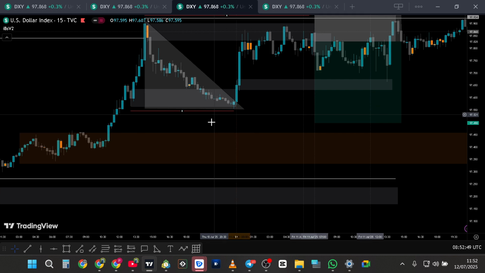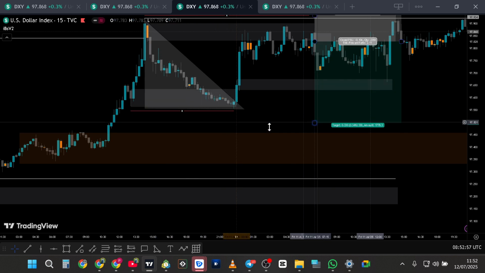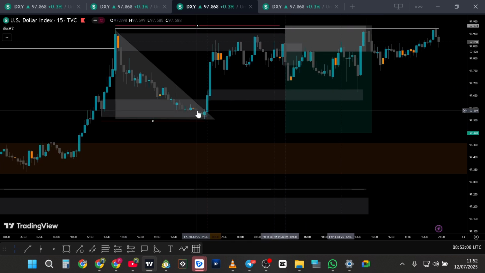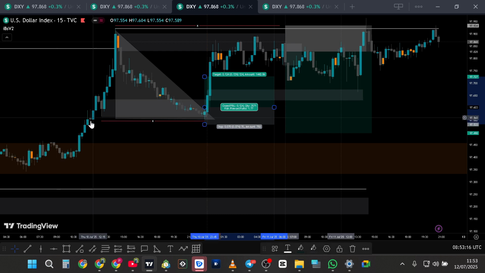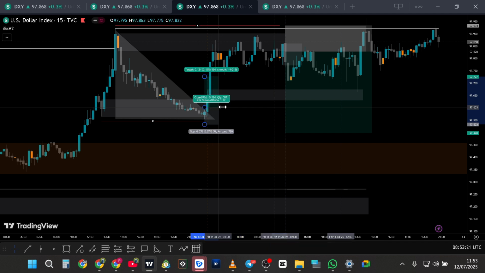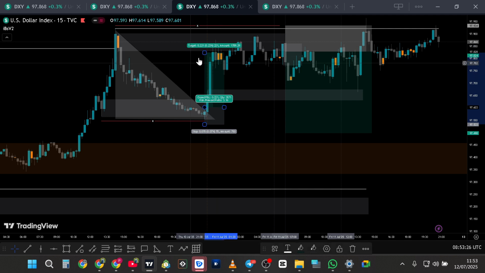So what I think happened on the Thursday, which obviously I wasn't around. This happened on Thursday, and for me, if I was watching price, this would have been a very good area to look at and also take my trades. Also because this was my last pullback right here on this doji, if I put in my buy stop right there and then my stop loss maybe to the low of this doji, then this would have been a very good 3R if I'm not wrong. Yes, 3.1R, as you can see,